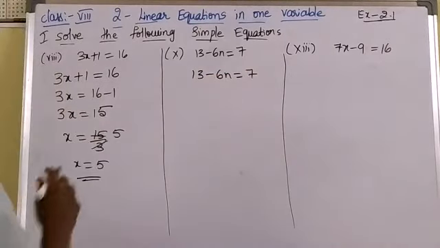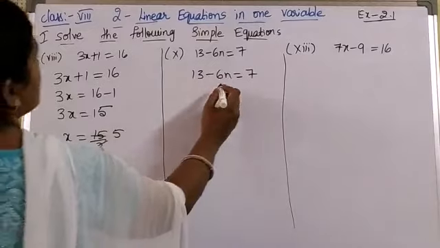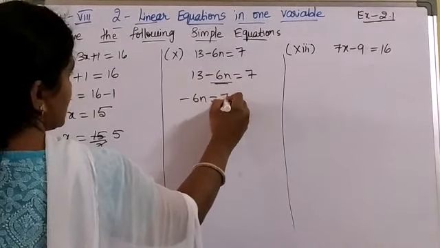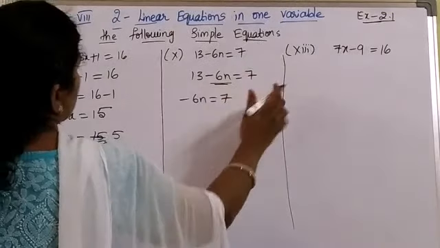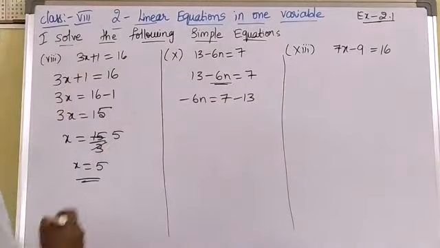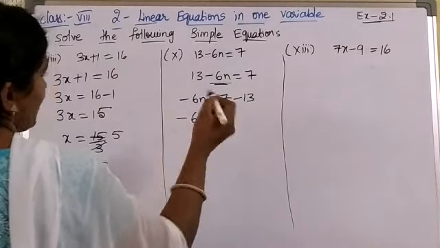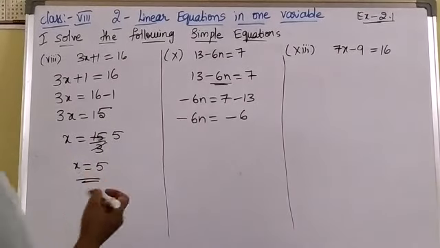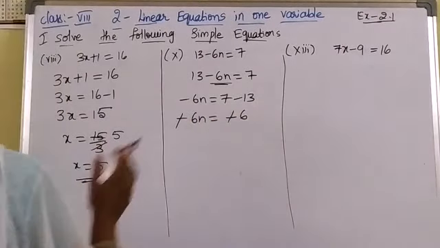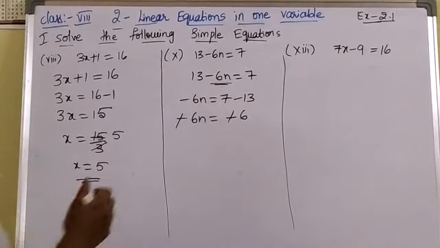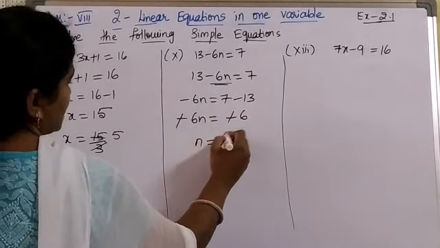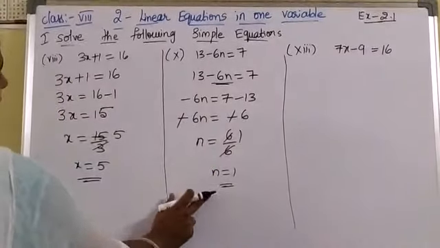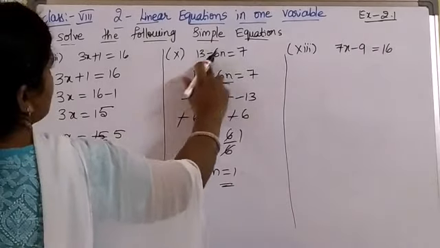Coming to here, 13 minus 6n equal to 7. Here what is the variable? N is the variable. So I want to keep this term on the left side only. So minus 6n I am writing like that only. 7. This plus 13 when it transposes to the other side it will become minus 13. Now minus 6n equal to 7 minus 13, how much? Minus 6. Okay. When minus is there on both sides you can cancel, because when it transposes also it will get a plus only. Okay. So 6n equal to 6. Then what is n, children? 6 by 6, that is 1. N equal to 1. When you substitute n equal to 1 in the equation, the LHS you will get the RHS as 7.